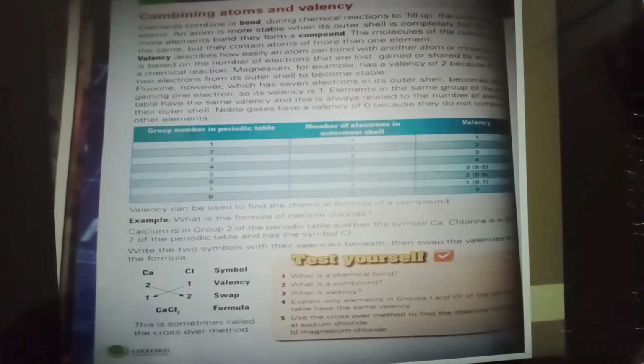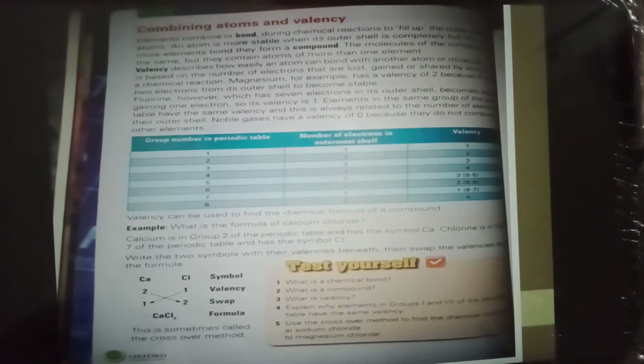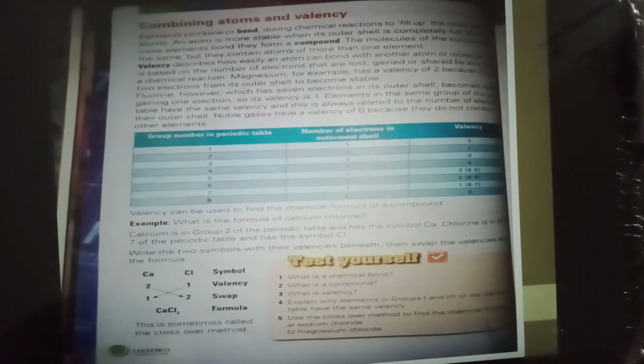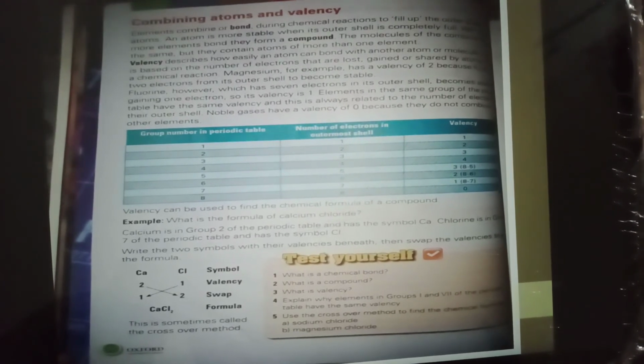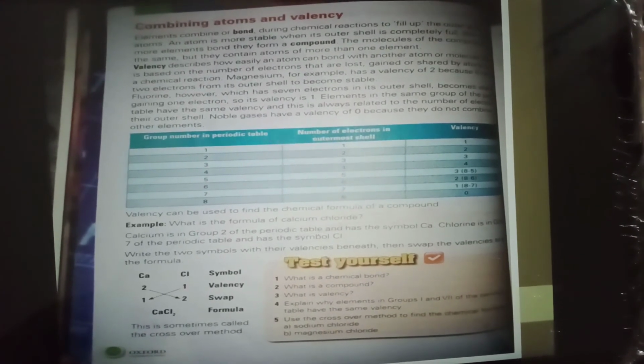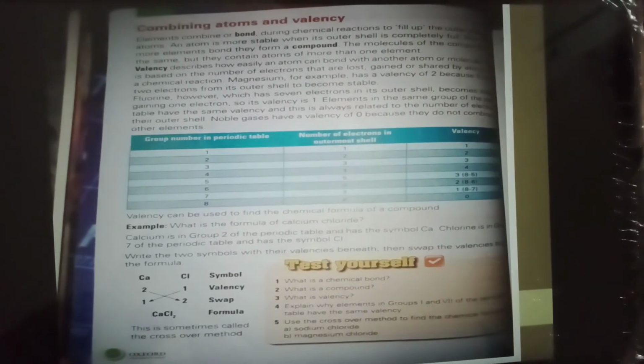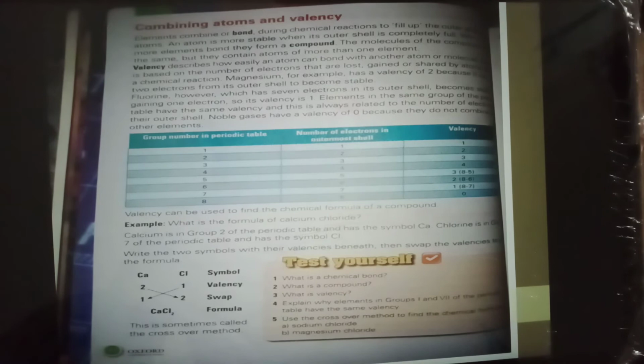Elements in the same group of the periodic table have the same valency, and this is always related to the number of electrons in their outer shell. Noble gases have a valency of 0 because they don't combine with other elements. For group number 1 in the periodic table, the number of electrons in the outermost shell is 1 and valency is 1. For group numbers 2, 3, 4, 5, 6, 7 and 8, the number of electrons in the outermost shell is 2, 3, 4, 5, 6, 7 and 8, and you have to check the valency of these